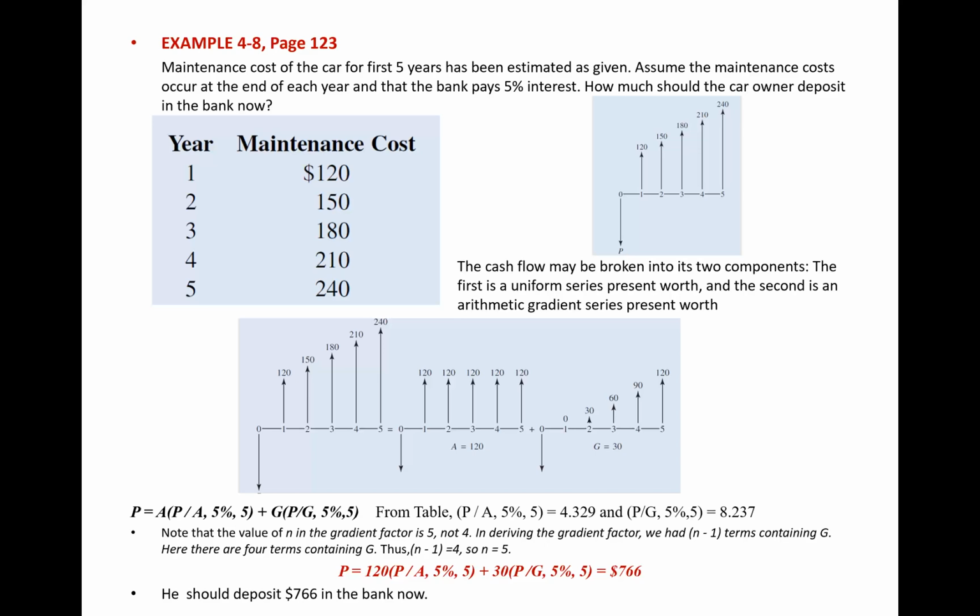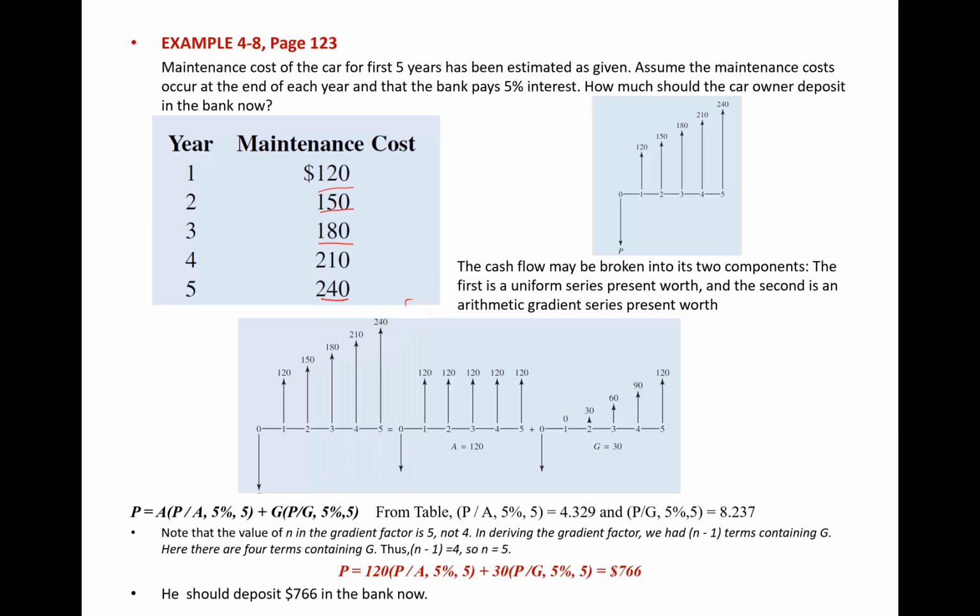So in the first year he pays 120 for maintenance, in the second year 150, in the third year 180, in the fourth year 210,